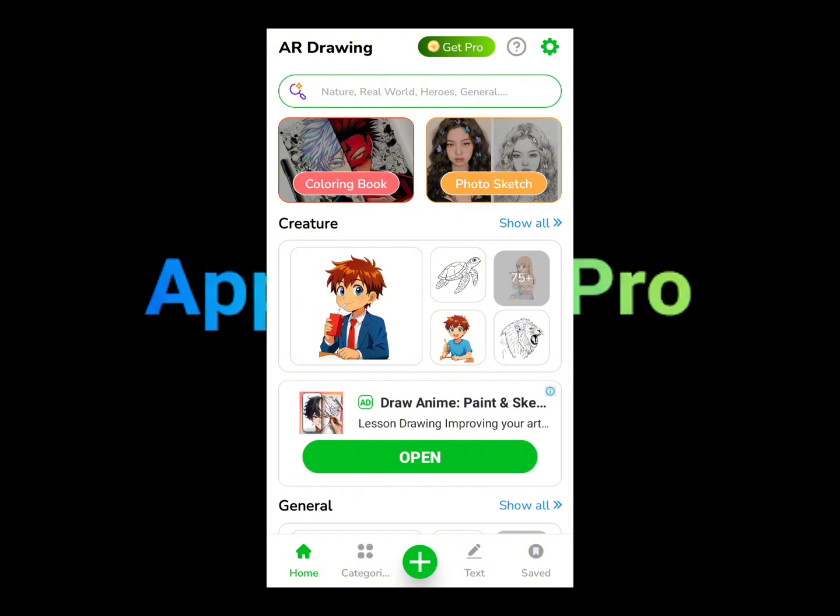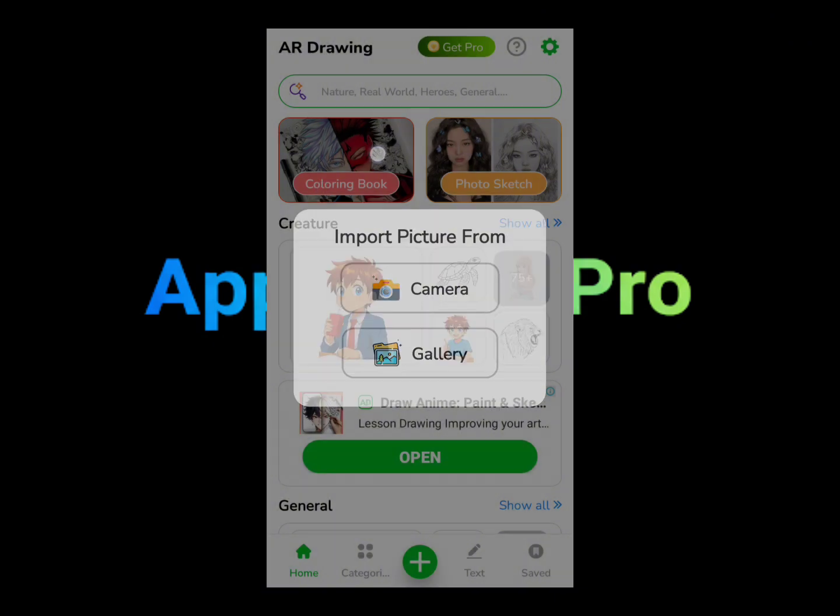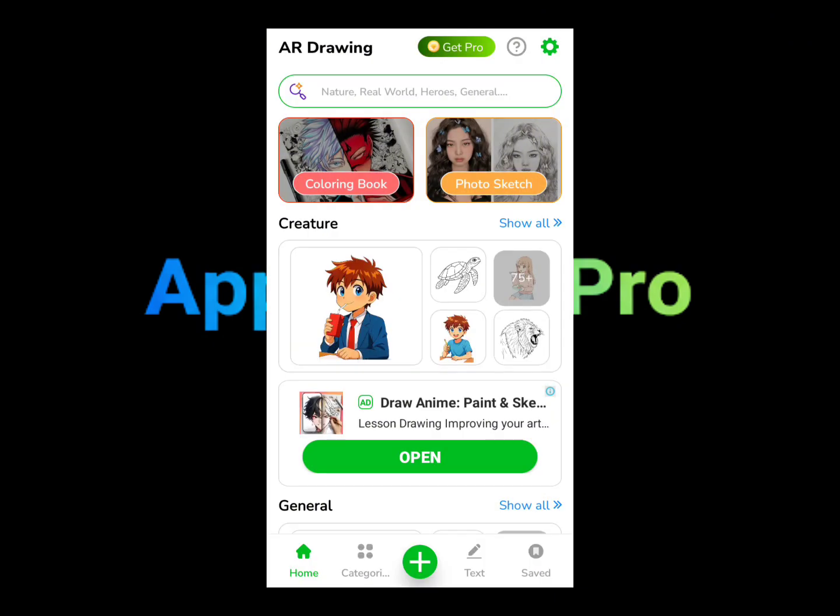But overall, it's a very, very good application, very easy to use. And as well, if you have something that you may want to draw, you can tap on the plus icon here and import it, or you can take a picture, whatever the case is. It all depends upon you. So that's really pretty much it for this